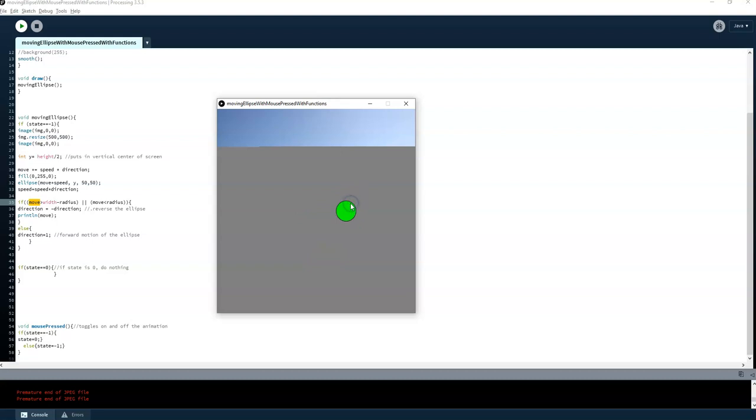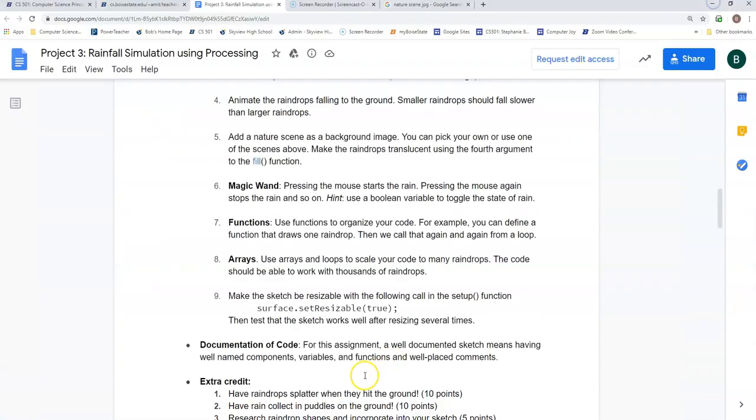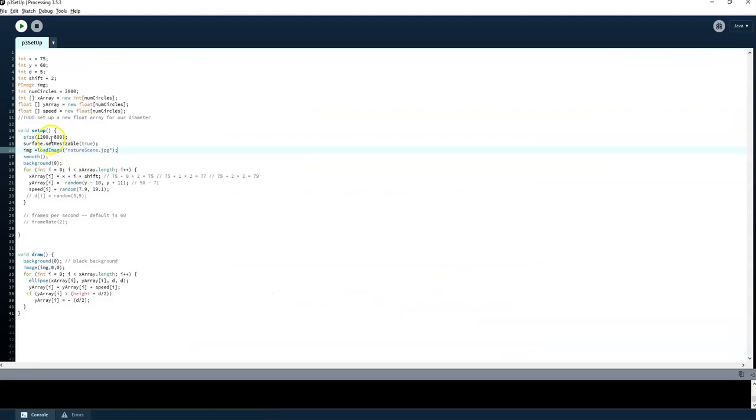Toggling between state of -1 and 0 as it goes through this code. This will be provided, and it can be very handy to help you out with your project. Functions. So as you saw, I gave you kind of an idea of how to create a function. And our arrays, that is where we are. We have been working with that extensively, and your project already has some built-in arrays, but we do need to